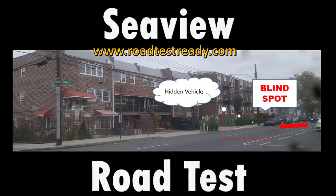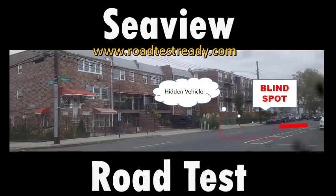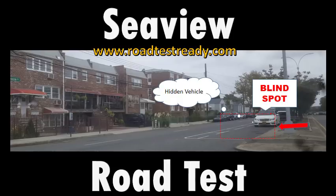Somebody who's a new driver would not notice that car, and what they might do is try to speed up out of the way, or they may not see it at all. Those are both critical mistakes. They're very dangerous, and it can lead to you failing. All right, so when you're in this situation, make sure you observe properly. Right now, I'm on Seaview Avenue, facing East 105th Street. So that is one of the turns